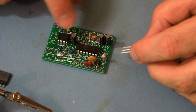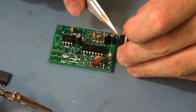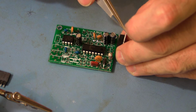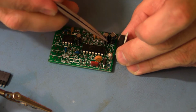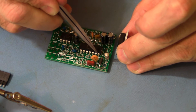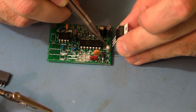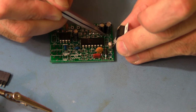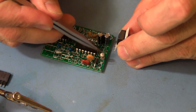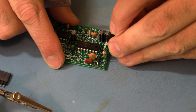U2. If you stand U2 up and face the black into the board, into the center of the board, the back plane creates a line. That back plane has a line on the board inside the footprint for the part. So you've got the pads, and then a line, and then an open spot, and then another line. Those two lines that form that box are the heatsink. So we want that to fit in